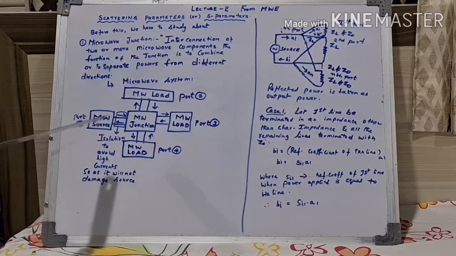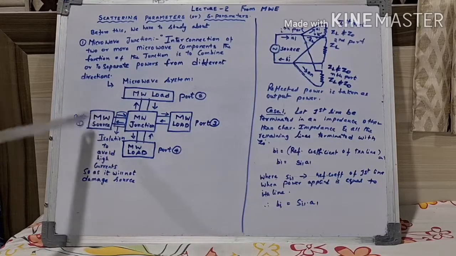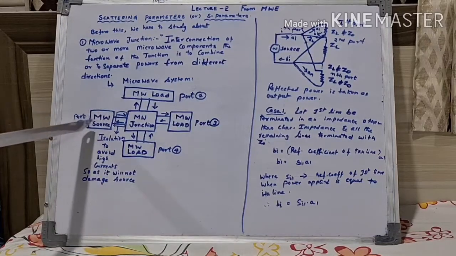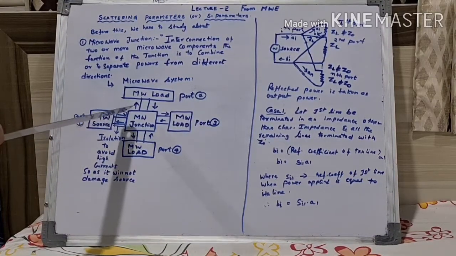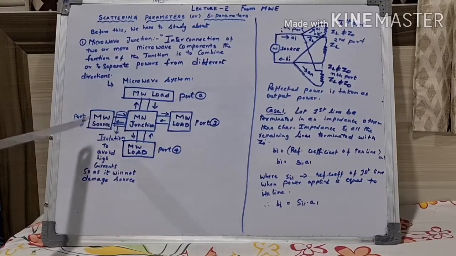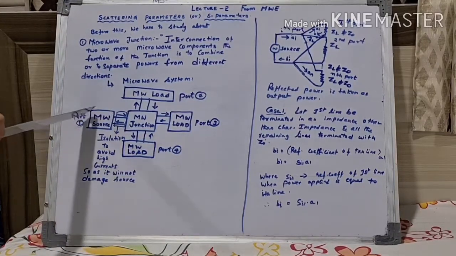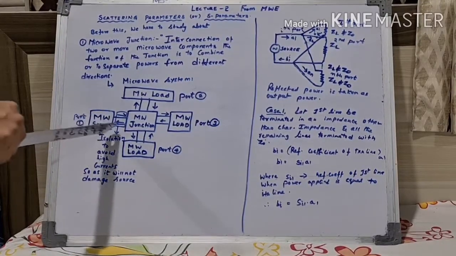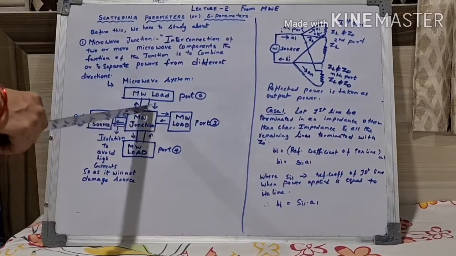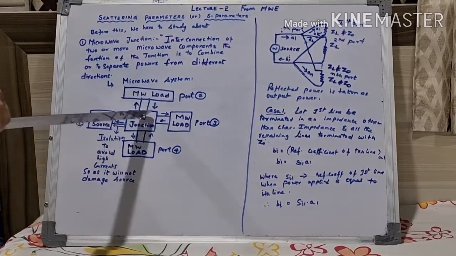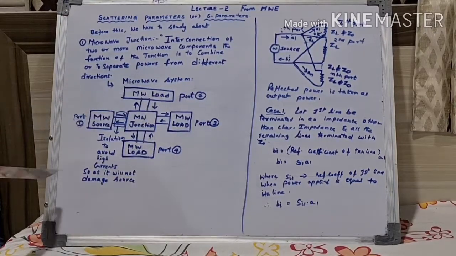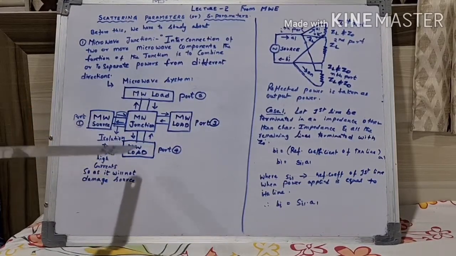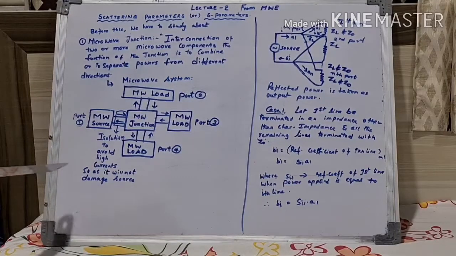So when power is applied at port 1, source means where the power is coming from, right? So here at port 1, the input power is given. So it is applied to port 1, so it is coming to the junction and then to port 2. Some part of the power comes out of port 2, and also some part of the power comes out of port 4 and also comes out of port 3.